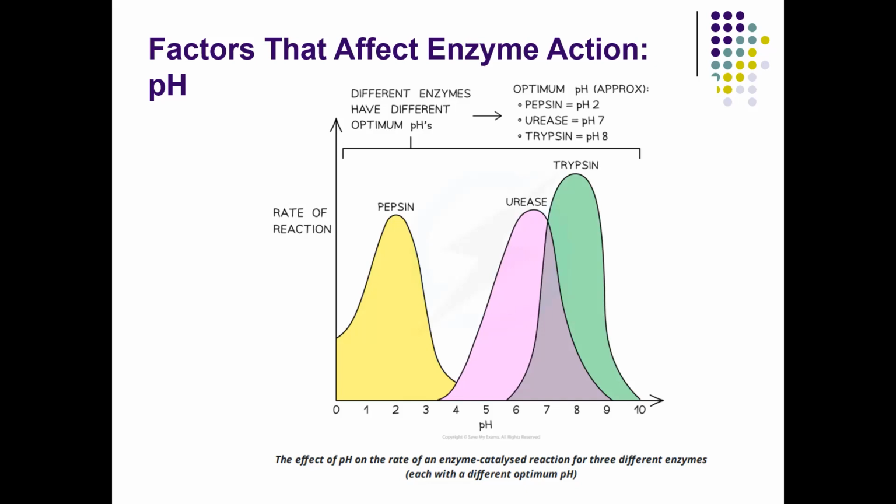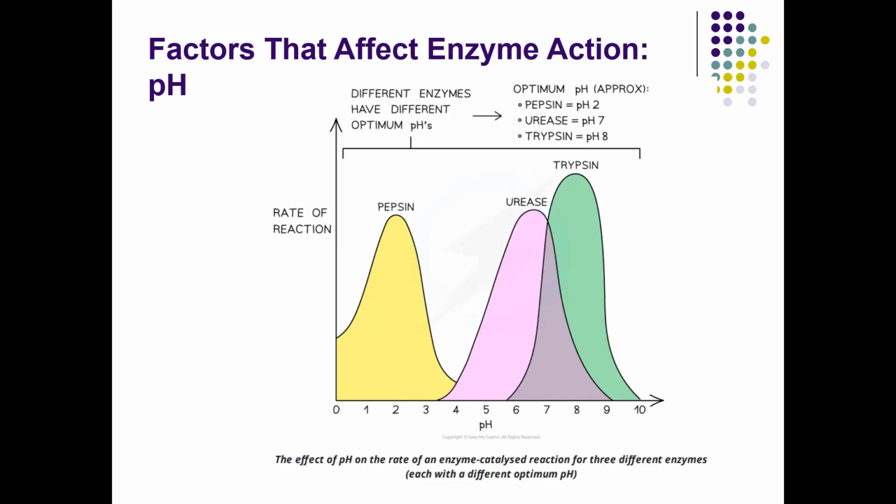And then basically the hydrogen ion in the solution has a relation with the pH of the solution. The hydrogen ion can interact with the R group of the amino acid, so they can affect the degree of ionization of the amino acid. So they can affect the negative or positive charge of the amino acid. When they affect the negative or positive charge of the R group, they can affect the ionic bonding between the R groups of the amino acids.